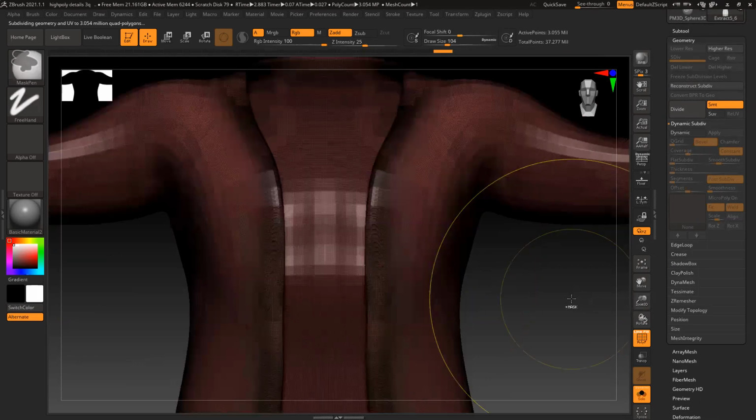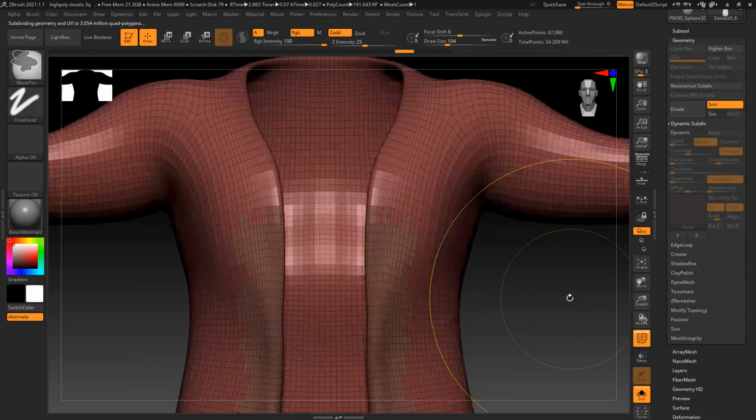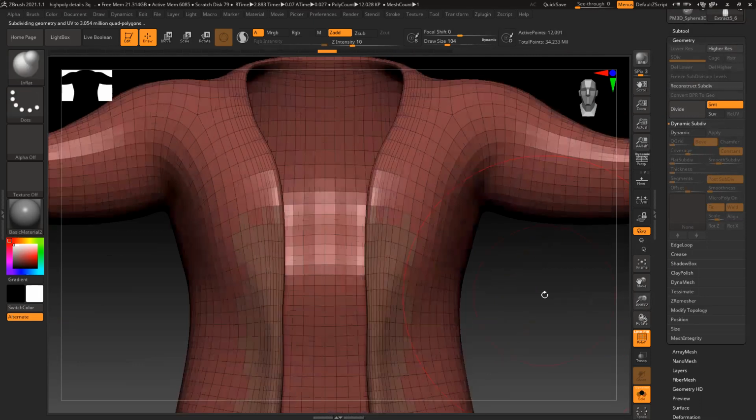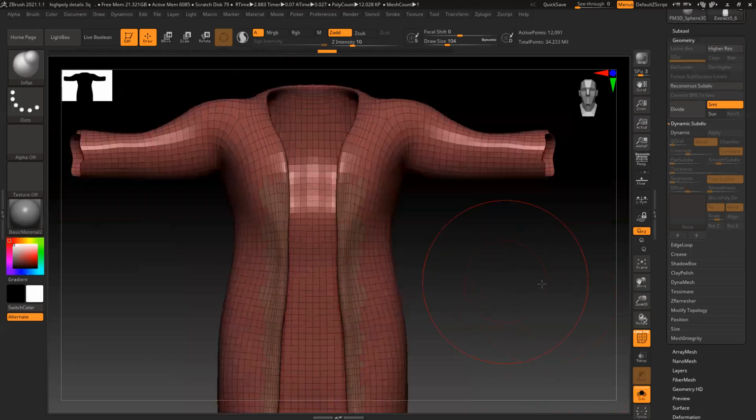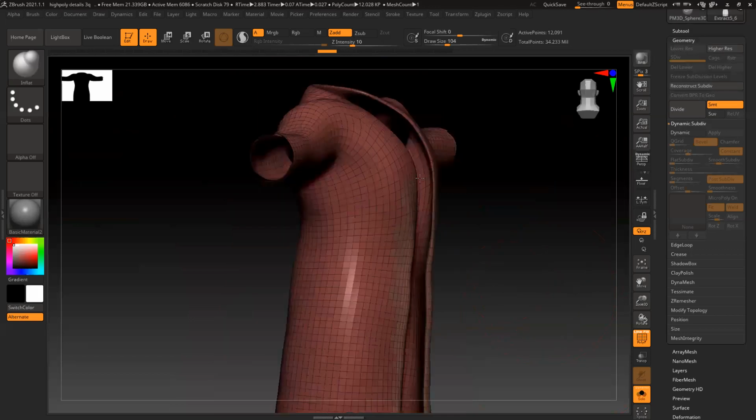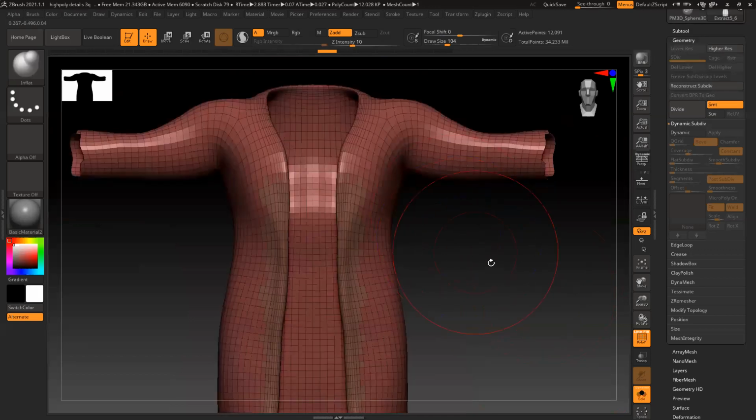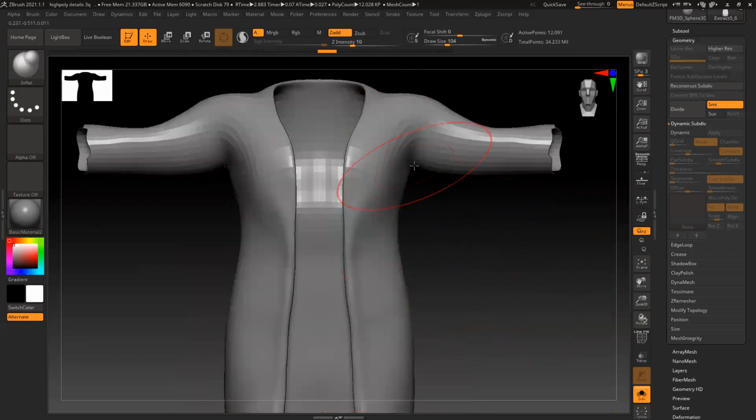So what is dynamic subdivision? Usually you use it for cloth simulation and all. So basically it gives you a preview of subdivision, so you can just use it like that. But what is happening here? Whenever you subdivide anything, it basically gives you a smooth mesh, right? So if you just simply divide it, why is it not working? Something is wrong with the file.